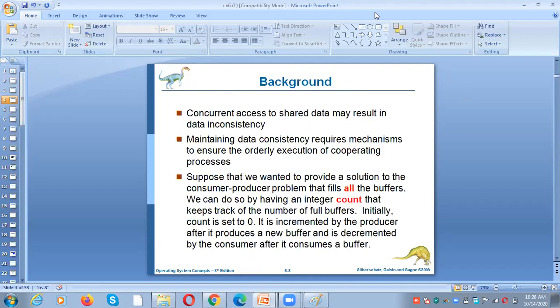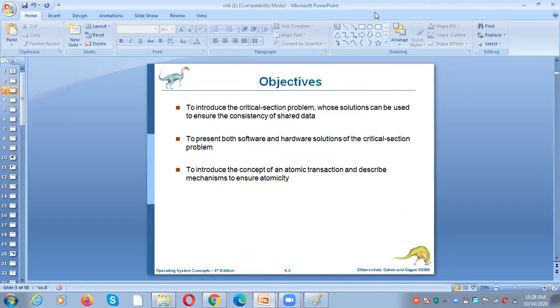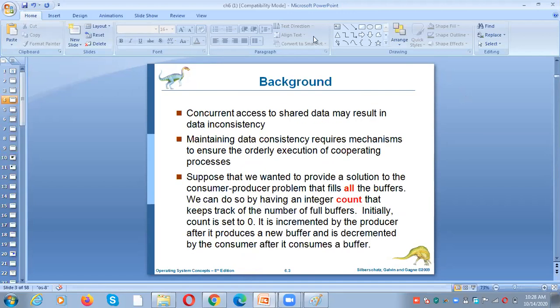So these are the things we have covered. What is the background? What is the objective of process synchronization? I already told you that concurrent access to shared data may result in data inconsistency. In a cooperative process, there should be orderly execution, and based upon that execution, data consistency will be ensured.